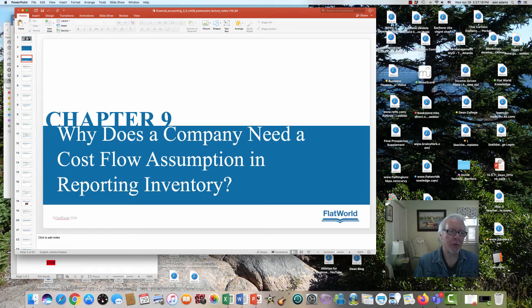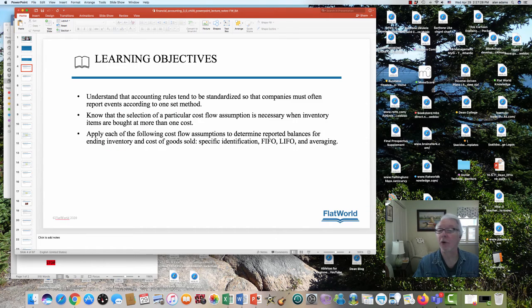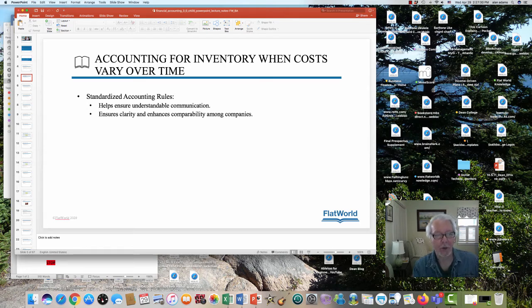So this chapter is all about relieving inventory. Chapter 8 was about putting it into inventory. Chapter 9 is about the choices accountants make when they take inventory out when they sell it. That means that when costs do vary, and again in this chapter we're going to assume the reality that they usually will be going up,